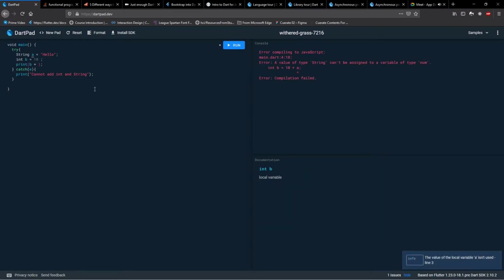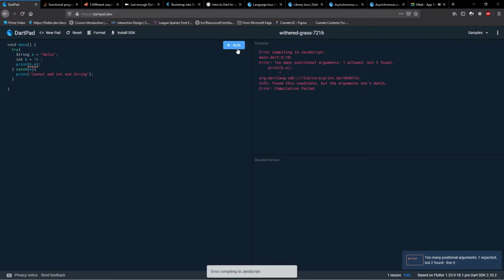Let me do b comma. I hope this won't give an error. That is pretty smart, so trying to get an error working is difficult for me. Okay, fine, this should probably give us an error. No, it does not. How do I show an error to you guys?